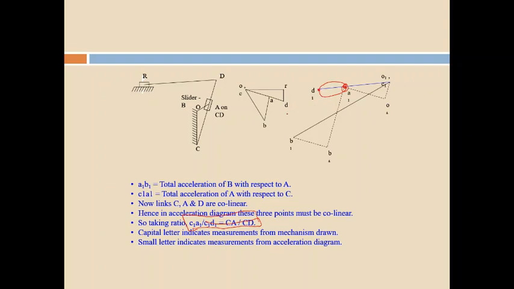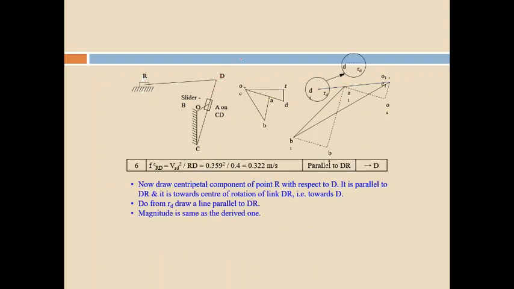We can mark it. After marking it, you have to draw the radial line to D in the opposite direction, like this. I have drawn the radial line of D in the opposite direction. Since the value is very small, this line just lies on the same C1D line. It is very small.